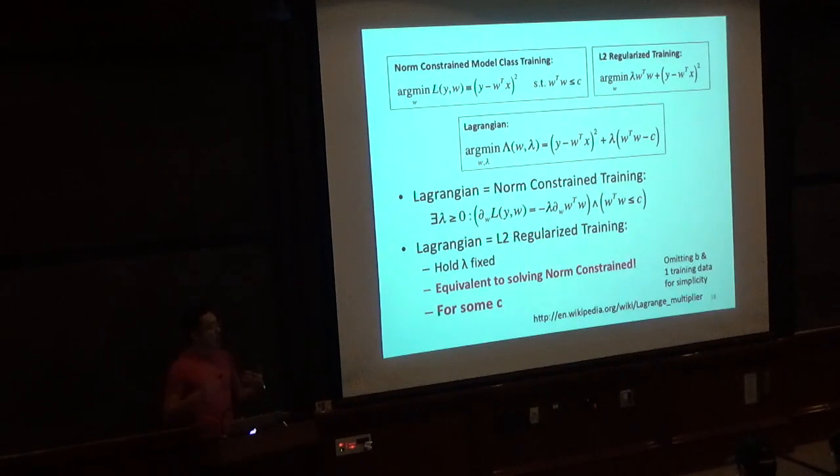From an interpretation of what's going on in terms of model complexity, the Lagrangian is what connects these two together. And so now we can think about it in terms of model complexity, in terms of the size of function classes. We don't need to make this connection explicit. We just need to understand that for every choice of lambda that we try when we're tuning lambda on a validation set, it's equivalent to trying some C in this optimization problem. We're just not explicitly doing it because it's less convenient from an optimization standpoint.